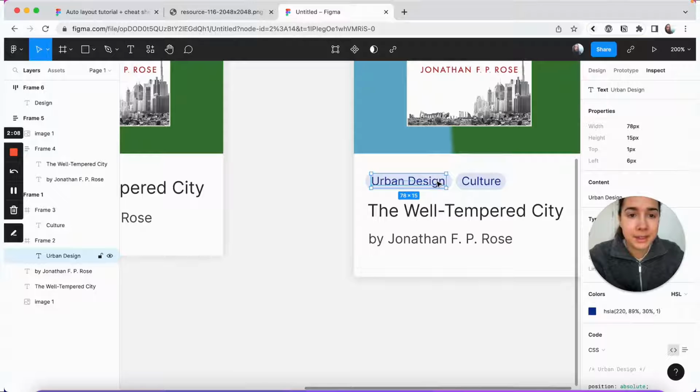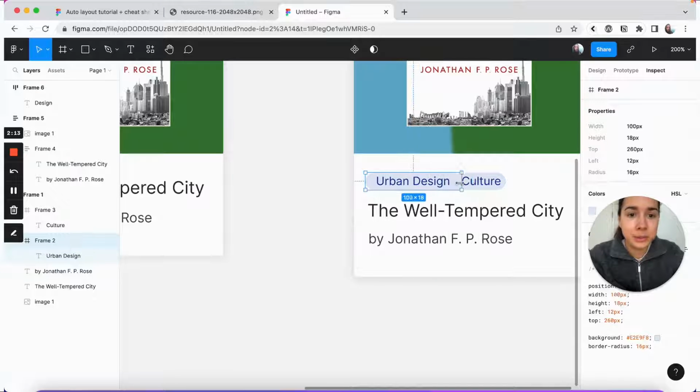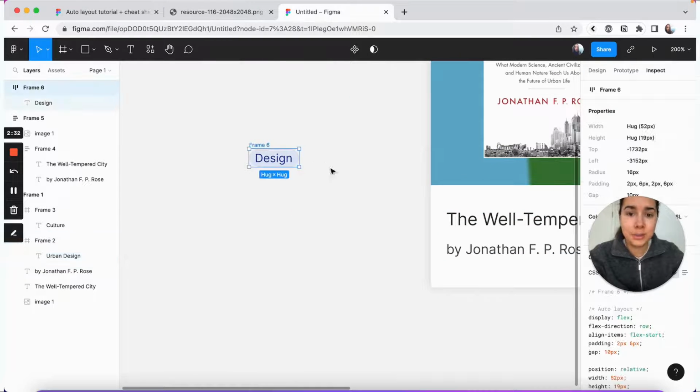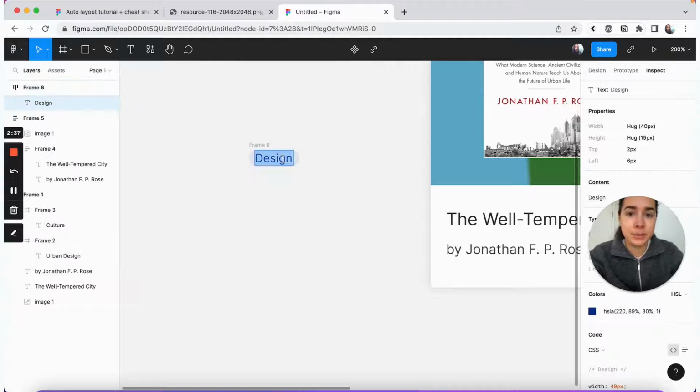For example, here, in order to get the padding right, we had to really tinker around with the width. And then when we created a different tag, we had to repeat the whole process. It really isn't a fun thing to do when you have a lot of modifications. But here, all we did is just add an auto layout frame and then set the padding. And once again, we don't need to worry about messing it up.